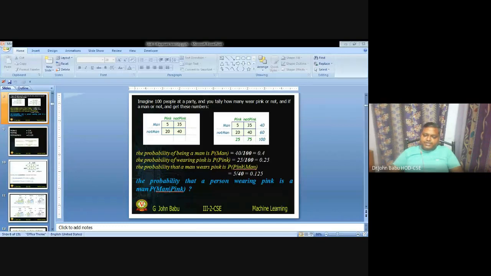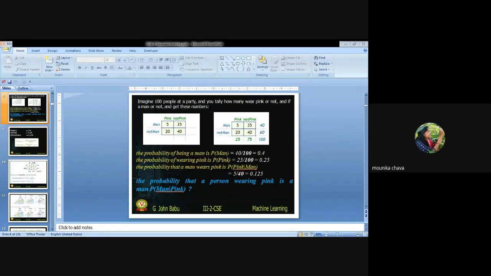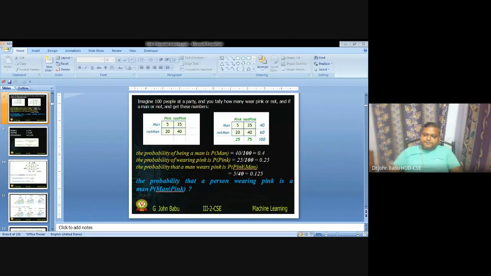Similarly, what is the probability that it is a boy? So what you told is correct. Probability that, given the student is wearing a black, it is a boy. What is the probability of boy? So probability of boy into probability of